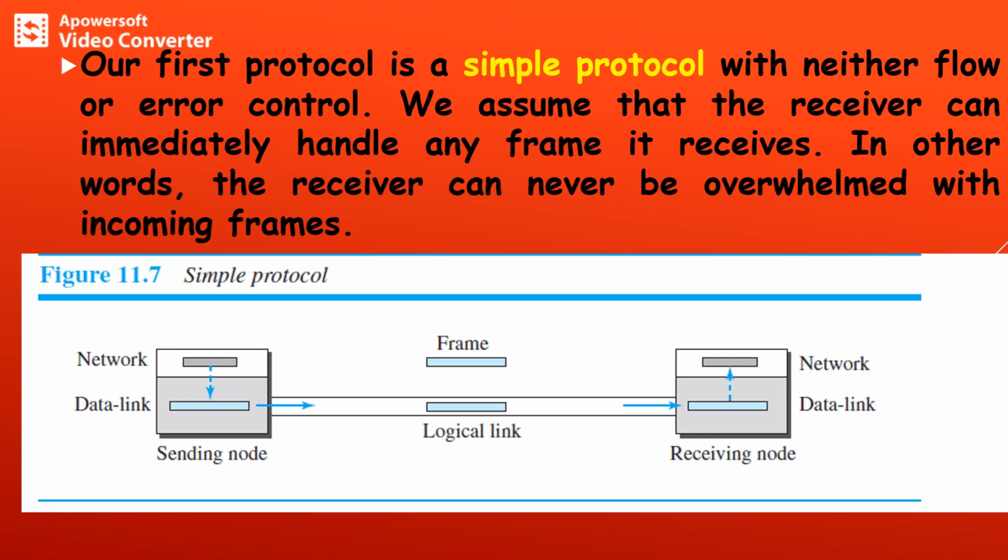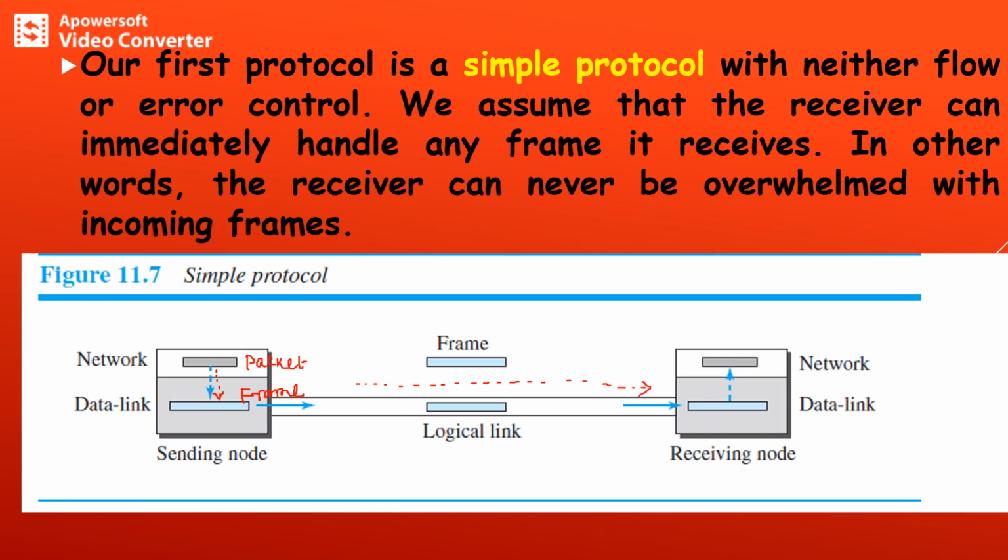Initially the network layer, so this is nothing but the packet. The packet will be sent from the network layer to the data link layer. So now the data link layer generates the frame by considering the packet. So it will create the frame. The data link layer creates the frame out of the packet it received from the network layer, and it will transmit that frame